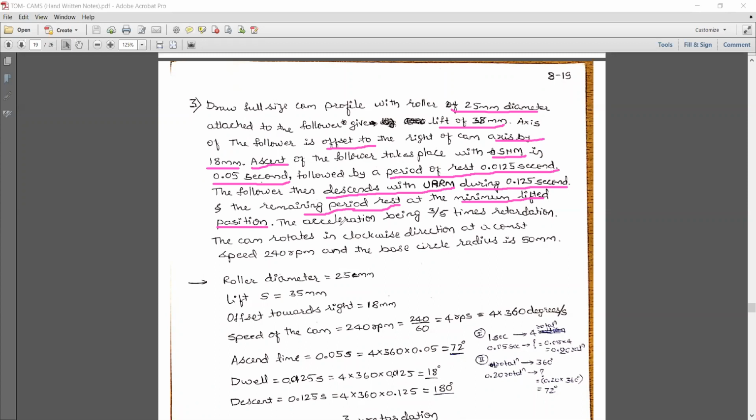The next sentence is, the acceleration being 3 by 5 times the retardation. Say in this example, acceleration being 3 by 5 times the retardation. I'll give one simple example. When you accelerate your vehicle, you go from 0 to 30. It's just like pressing a button to switch on a light. Or the same way it will gradually take place: 10, 20, 30, it will go like that. How does it go?